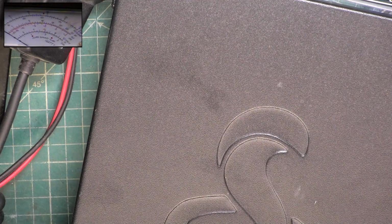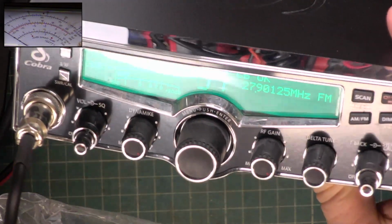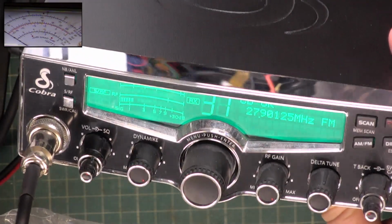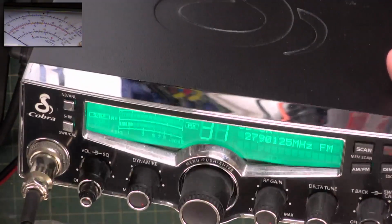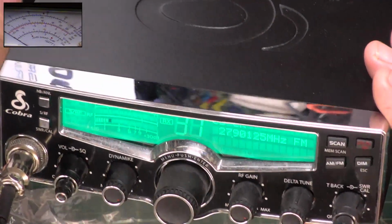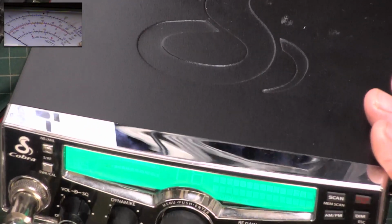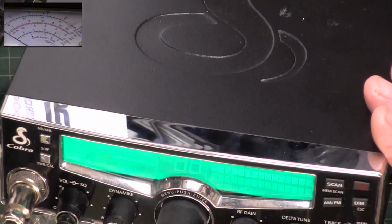So there you have it. Done it off that Cobra. These are dreadful sets, in my opinion. They're probably the swishiest mobile ever made, but the receiver is so insensitive. I can't think of any other radio that's as insensitive as one of these. But it just happened to be on the top of the pile,